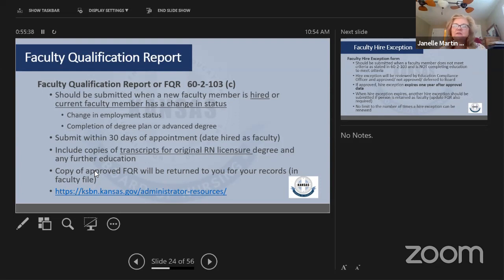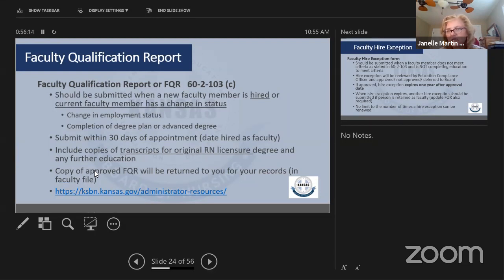So let me talk a little bit about the new electronic process. We have gotten to the point, and Chelsea may have to help me here because she's more on the background and I have to ask her a lot of questions too. But when you go on the website, it says before you get into the actual forms, if you read the beginning, we need you to submit an FQR whenever you are sending a higher exception or a change. If it's a change in degree plan, then we need you to refill out. That would be an update FQR.